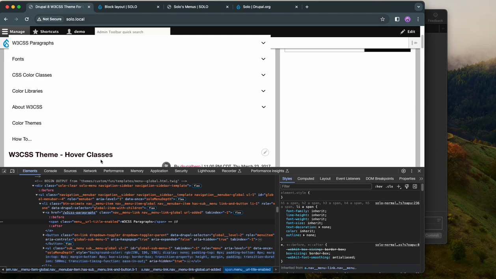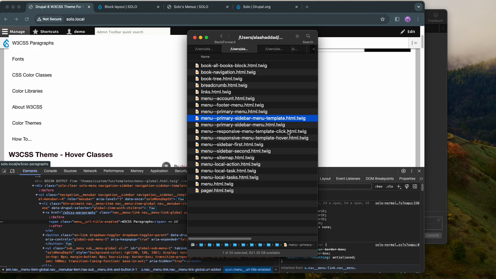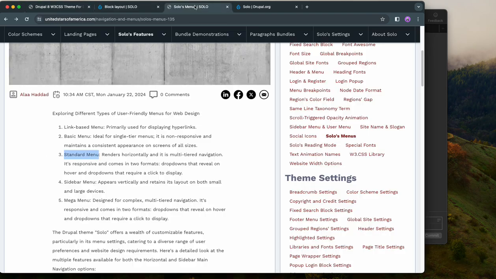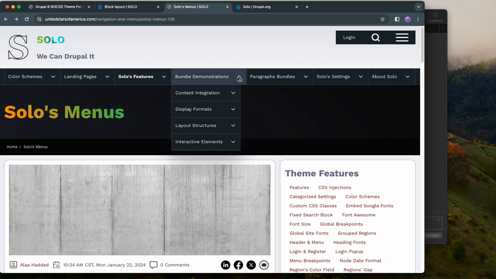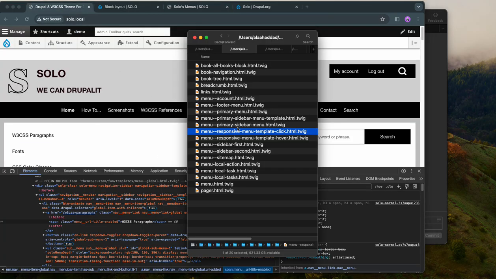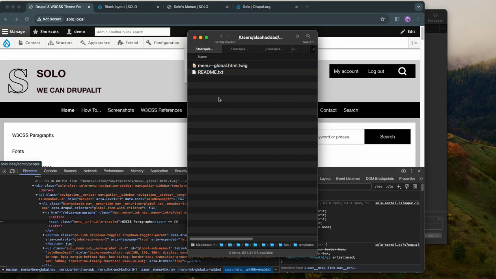So now let's see the second type. I have another template here. It's called click, the responsive menu click. It's like this menu, this one. It's like the primary menu. It's almost exactly the same template. So how do we use this one? Same thing, we go here and just copy this one, and I'm going to the sub-theme. I'm moving this to trash, and I'm renaming this one this time